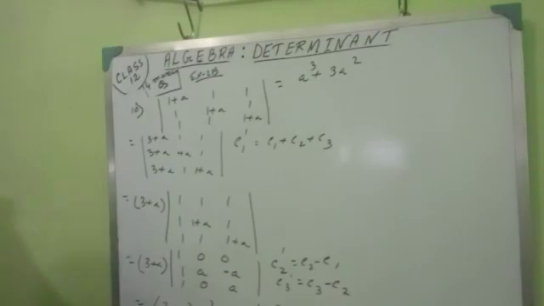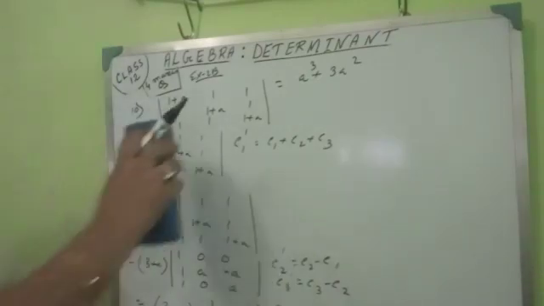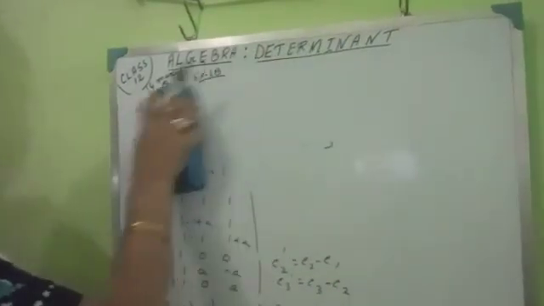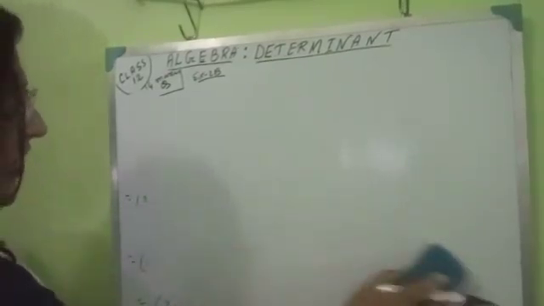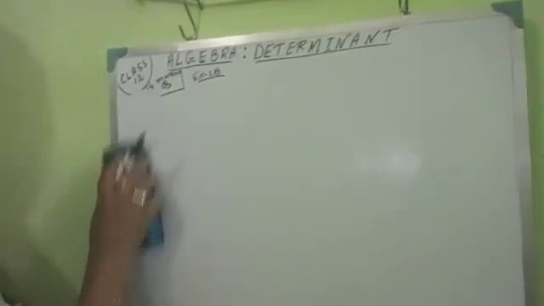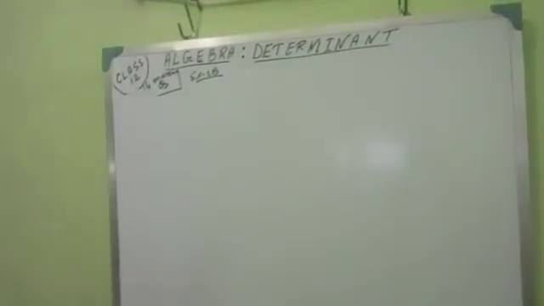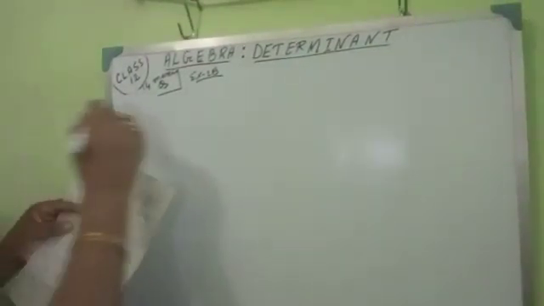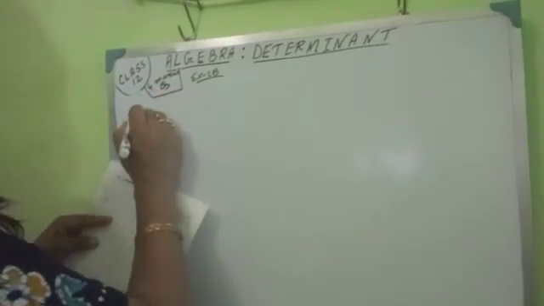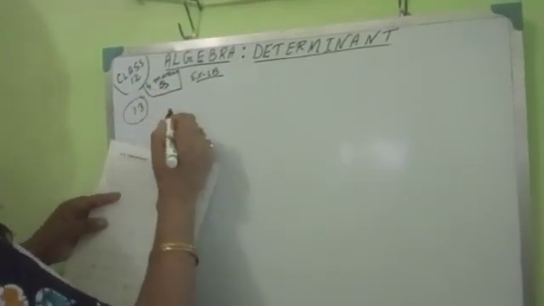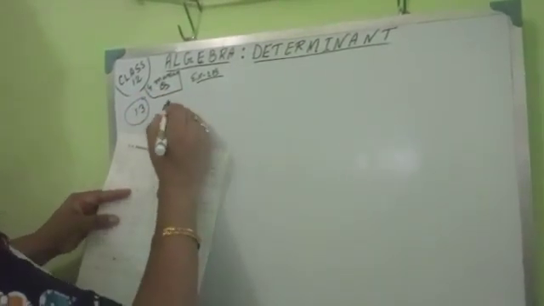Next is sum number 13. It's very important. Always try to get at least 2 or 3 positions 0. Then the expansion part will be easier for you. Next is